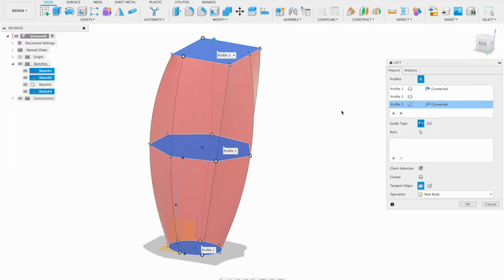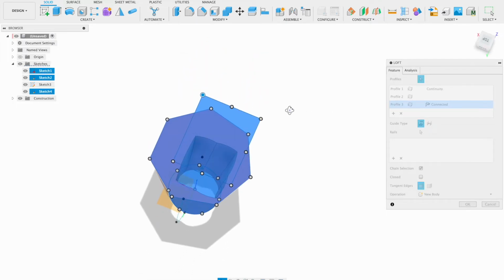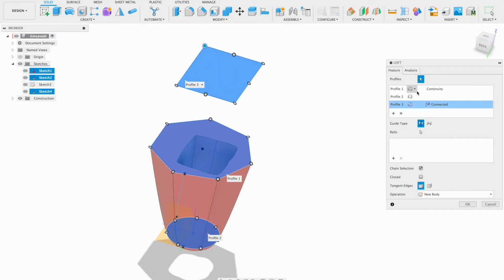Now, you can see that I have connected on my first profile. On my second one, I don't have anything. And on my third, I also have connected and direction. I also have these, you can see these boxes. Now, if I were to do something like that, you can see it's affecting how the shape is performing. And it's created a weird